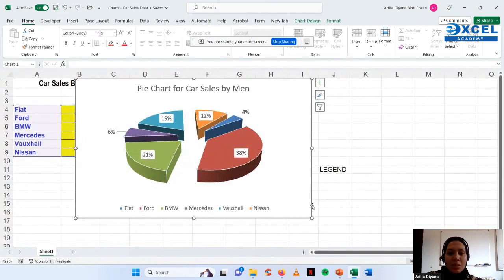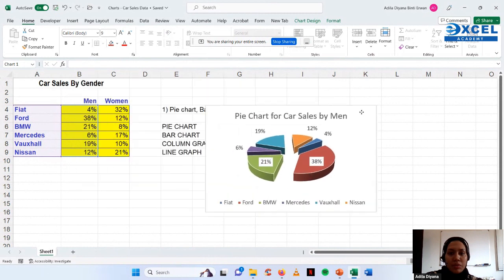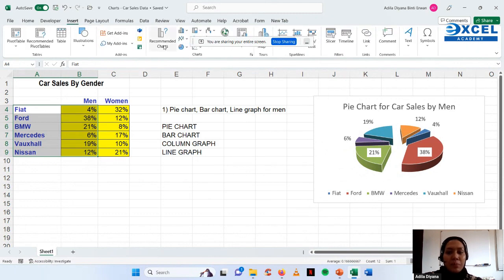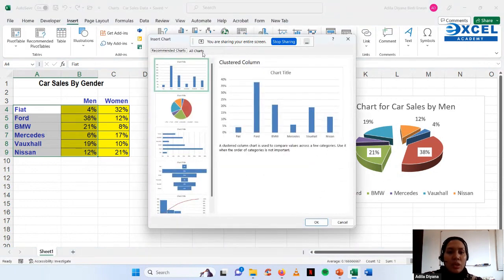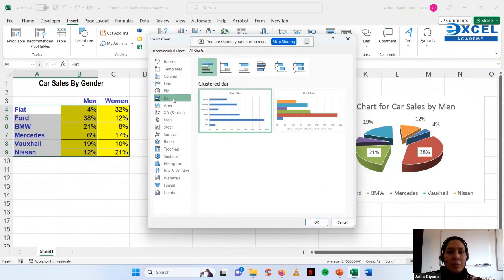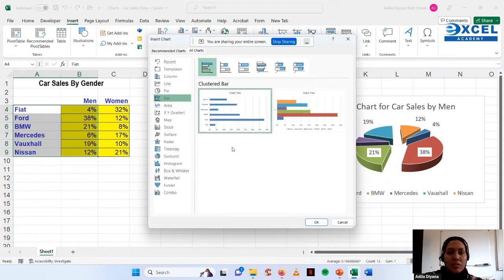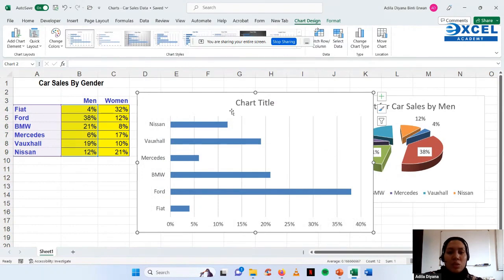So the first example is pie chart. So here you go, the first one. All right, second one is bar chart. So again, I highlight cell A4 until B9. Let's go to insert tab, recommended chart. You can go to all charts and you can click on bar. So column and bar is the same, it's just the orientation. So column is vertical, bar is horizontal. So for bar it's horizontal here, I'll just choose the first one, the basic clustered bar, right? Let's click on OK. So again, you will see there's chart title here. So let's update, right? So this is the bar chart